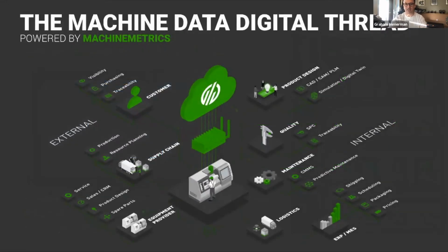Now, once you're able to harness what we call the machine data digital thread, and this is the machine data that comes from one or all of your equipment, the opportunities for automation within your operations are literally endless, from triggering maintenance and quality and production design and logistics systems like ERP with real-time data and analytics, to supply chain orders for your materials and tooling and resources, receiving faster customized service and support from your machine tool and component providers, to providing greater transparency and traceability even to